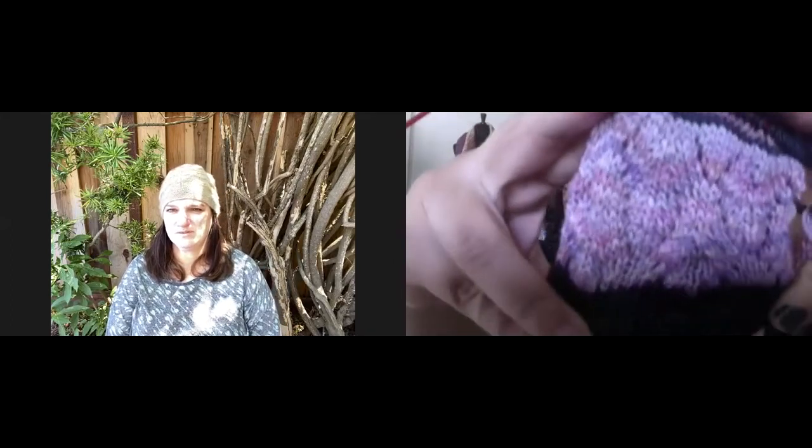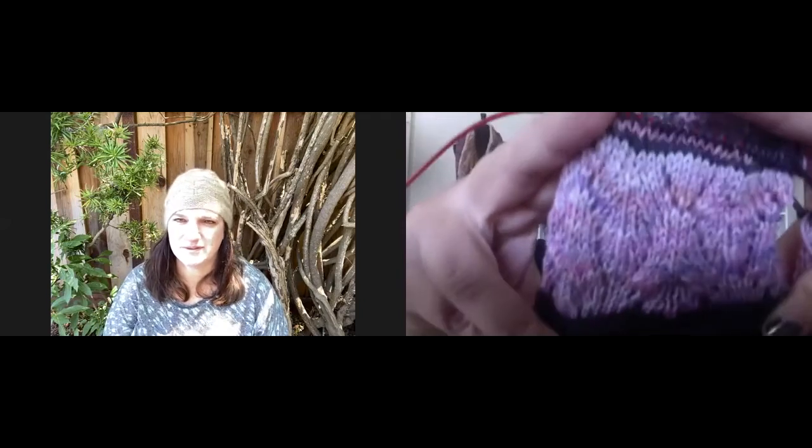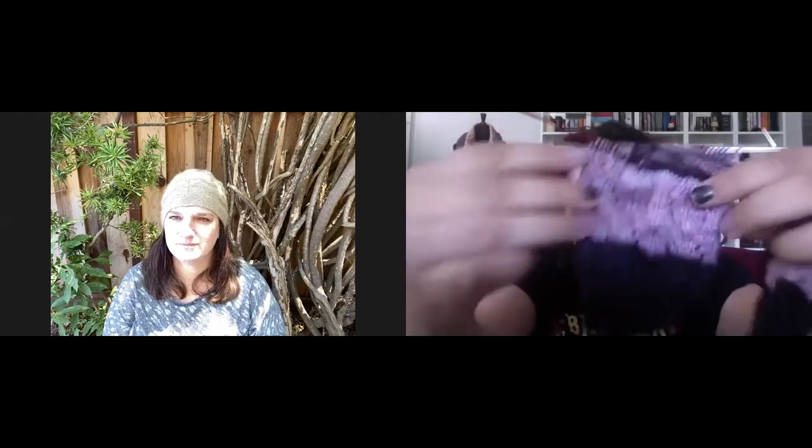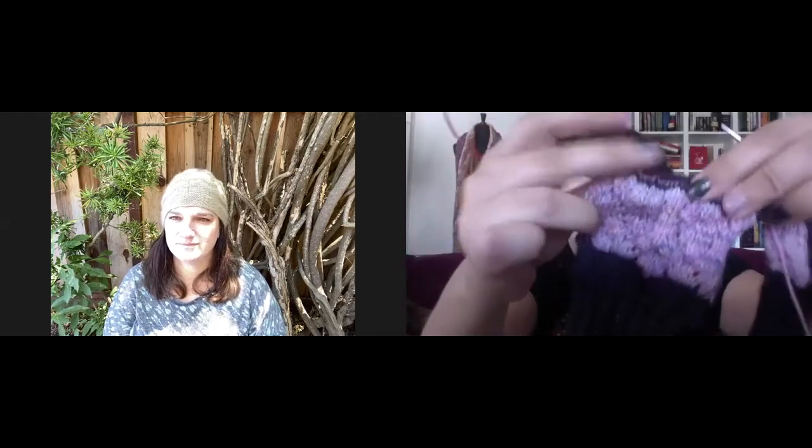Okay. Let me see if I can pull it out a little bit. I think most lace sock patterns are written cuff down. Yeah, pretty. I'm going into the stripes, the striping part. I'll put a picture up so you know what I'm saying. But I'm gonna do helical knitting, which is like